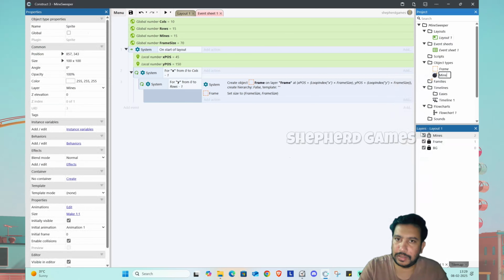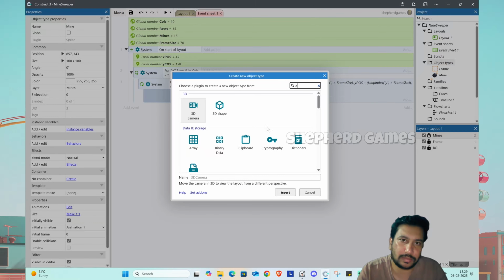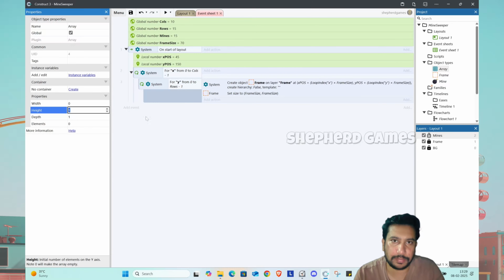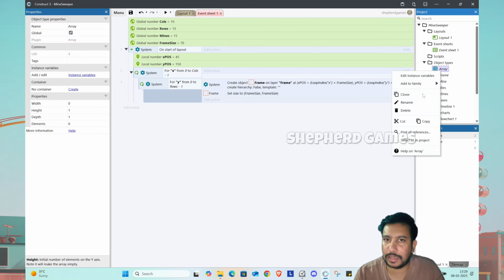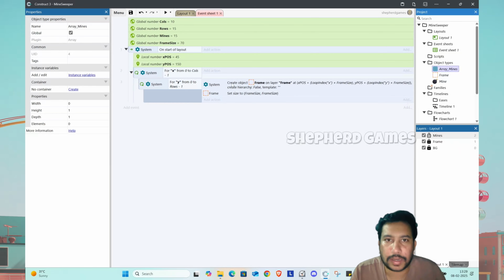So let's rename this to mine. My method of doing this is to create an array. I think a lot of people do that. I'm sure there are other ways to do it as well, but I prefer doing it this way. So I will use this array, call it array underscore mines. Okay, so now